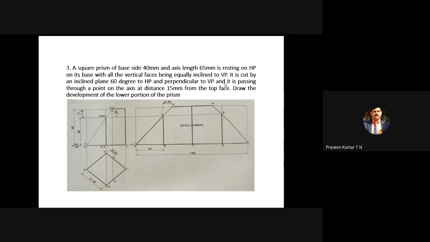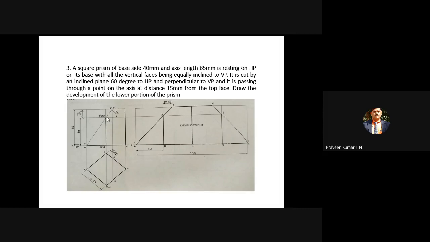So that means your cutting plane could cut on the leftmost side or rightmost side, exactly at the center, or along the diagonal line, but they have given some condition for drawing the 60 degree line. Your cutting plane makes an angle of 60 degrees with the XY line or with HP, and it passes through some point whose distance is given. It is passing through a point on the axis. If you move it further towards the left, it may not pass through the axis.